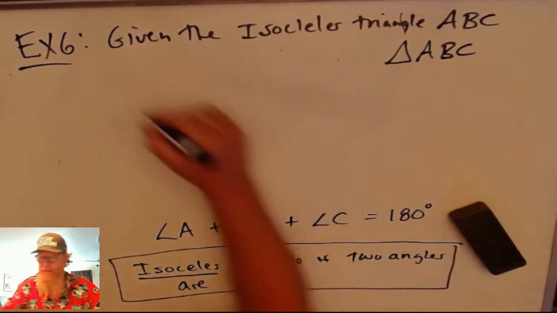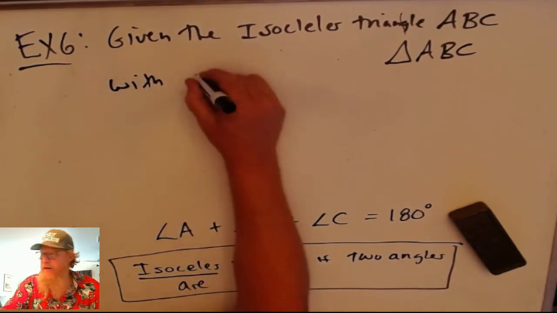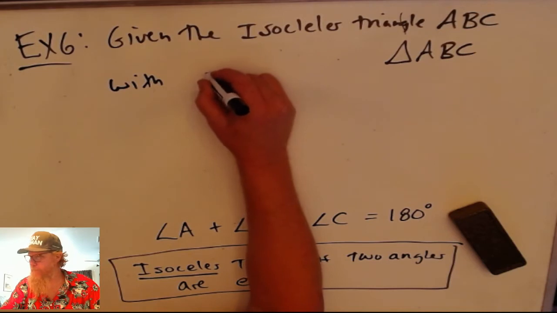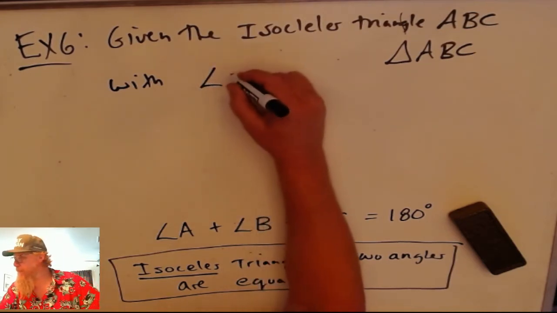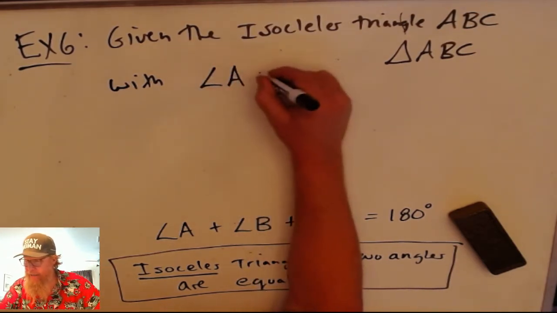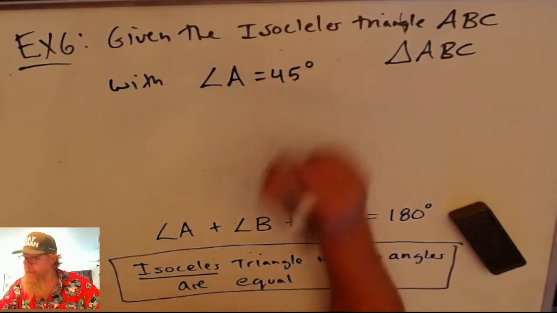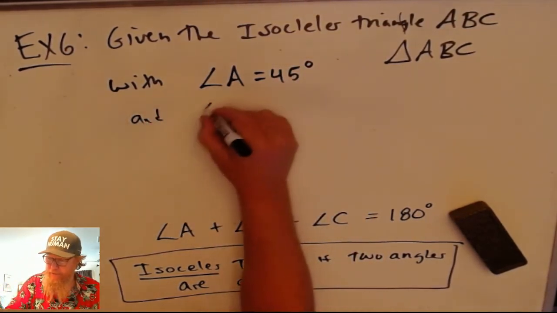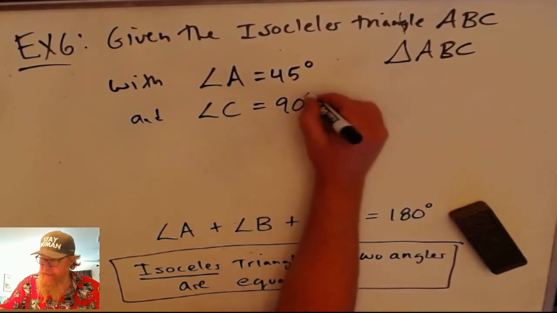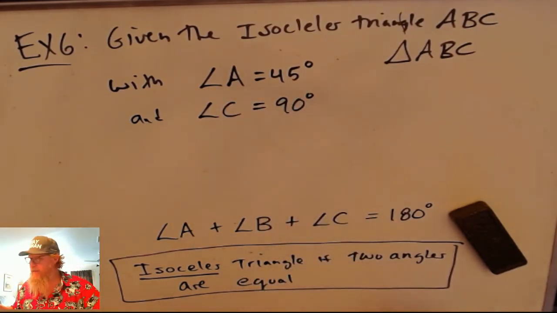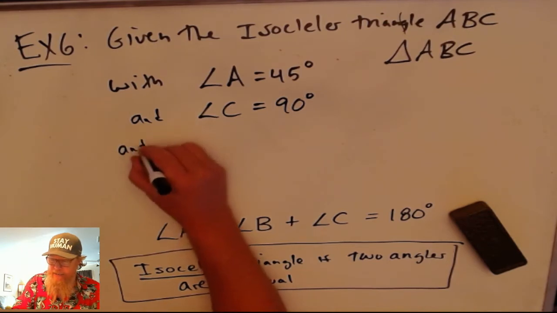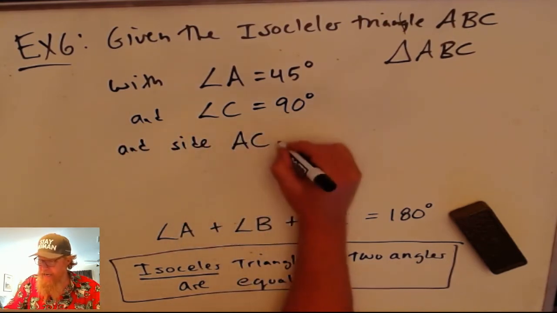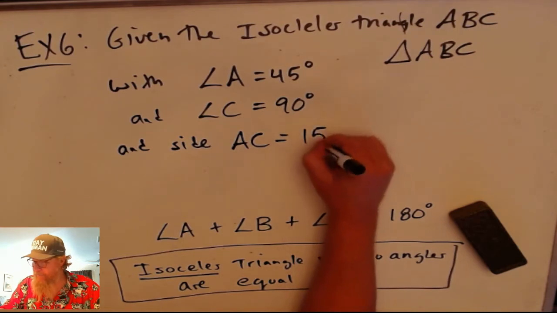With angle A equal to 45 degrees and angle C equal to 90 degrees and side AC equal to 15,